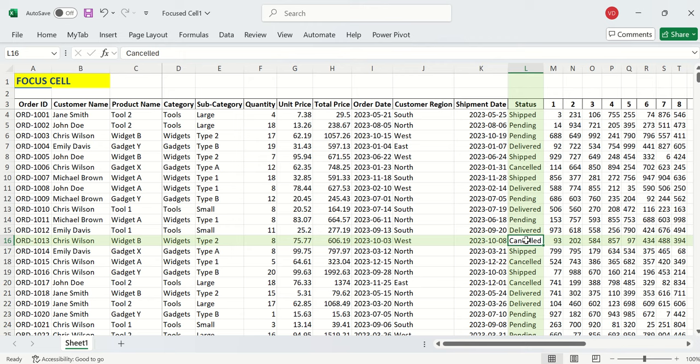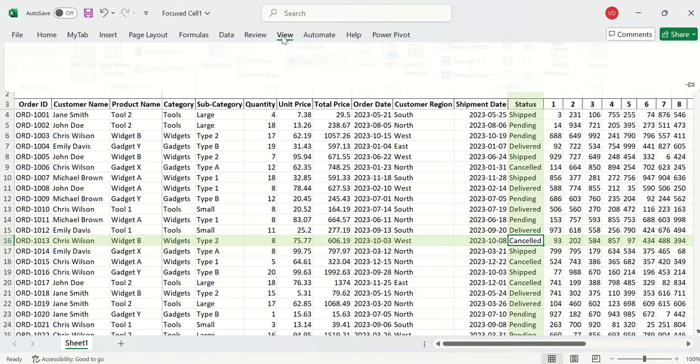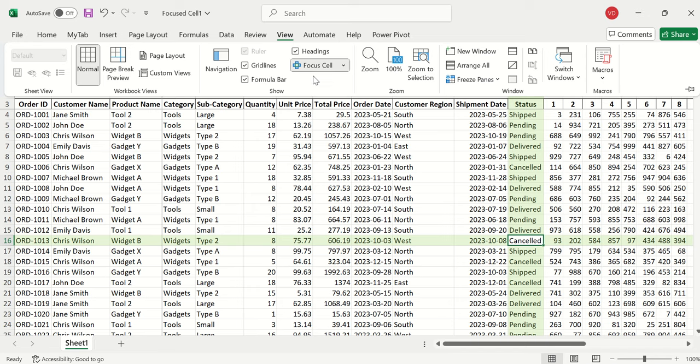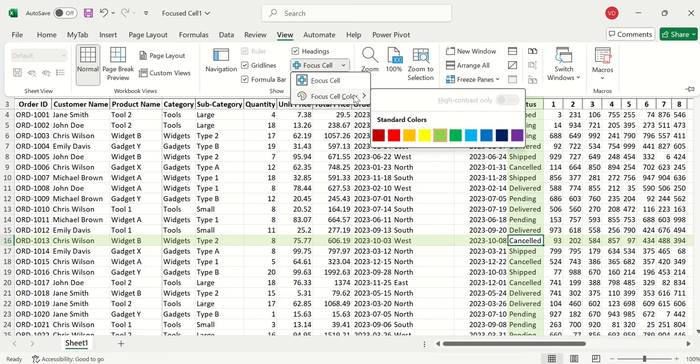So when I am presenting or when I am working, I can easily know which row I am talking about. So what are the features in this Focus Cell? If we want to get out of it, just click Focus Cell again and it goes away. And you can also change the color of Focus Cell, like if I want blue color,